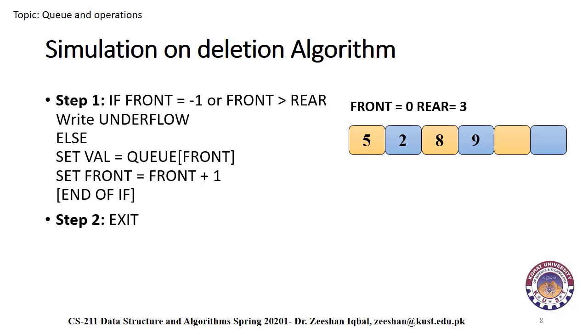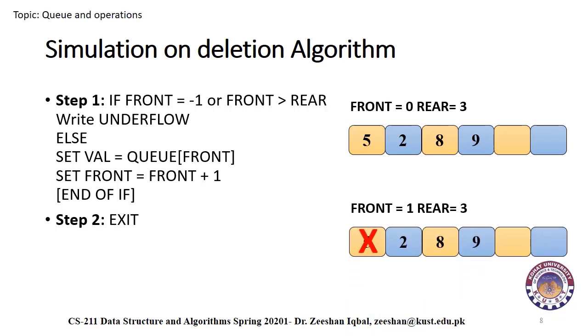So the control will move to the else statement, where we will store the queue front index value in a temporary variable called val. As discussed in previous classes, it will serve as the recycle bin for any kind of error deletion. In the next statement, we simply have to increment the front value by 1, as we will always do in deletion cases. So the front value will become 1 from 0 and the new array will be shown as follows.